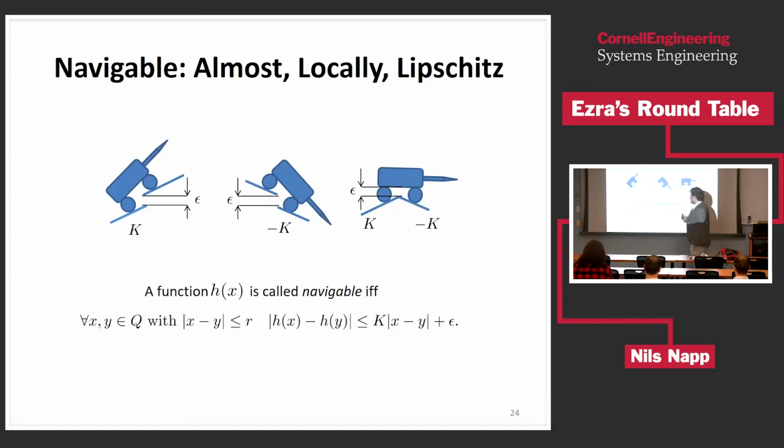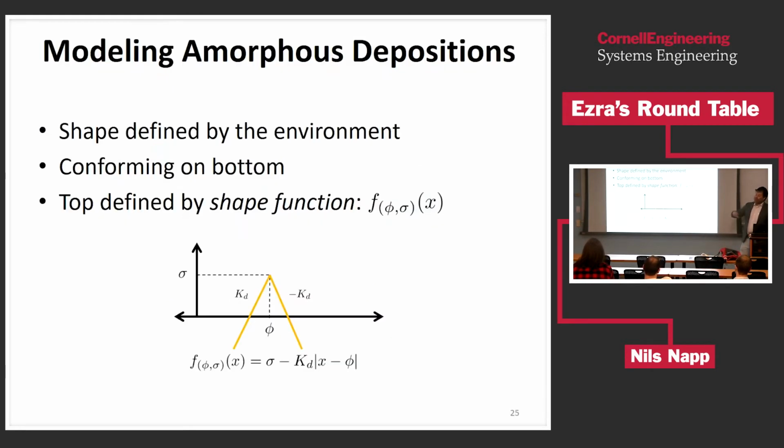So this is a locally checkable global property of a function. For any two points in the building domain, if they're within R, which we think of as the robot length, the heights of these two points can't differ by more than k times their distance plus an epsilon. You should think of these as parameters: you give me a robot platform, and I can give you an epsilon, a k, and an r that would conservatively measure whether or not the robot can drive over this function,